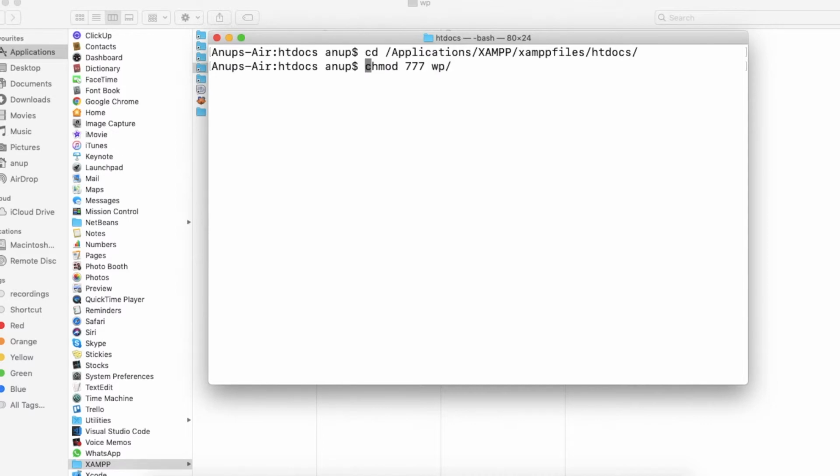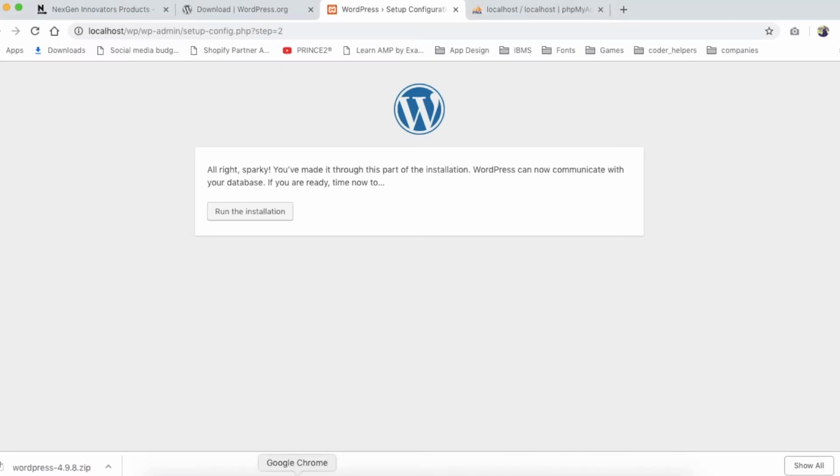Then you have to press the command chmod 777 and your folder name, like I'm using wp. You have to use sudo, which is super user do, because you are running some authorized things. Then press enter. It will ask for the password, or if you have just submitted a password within 5 minutes, it wouldn't ask, like in this case it's not asking. And once you go again and run the installation,